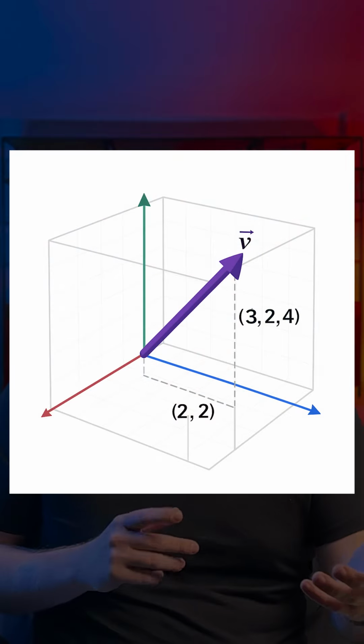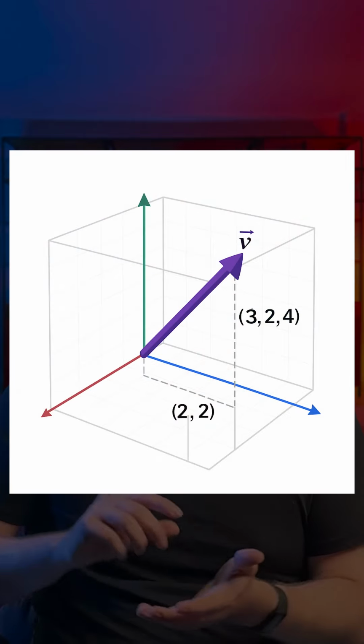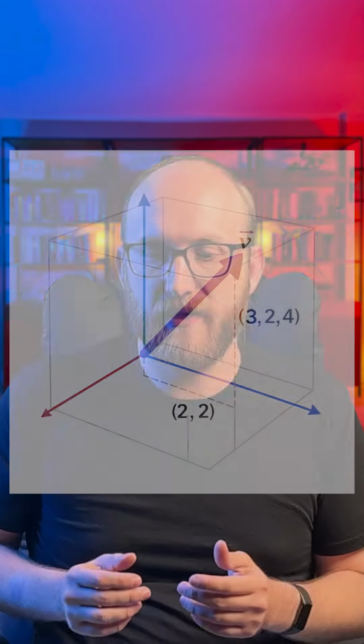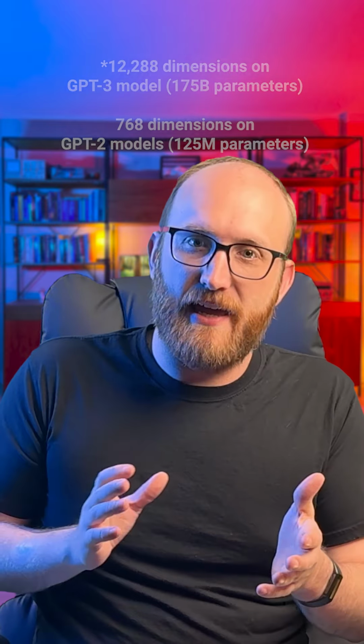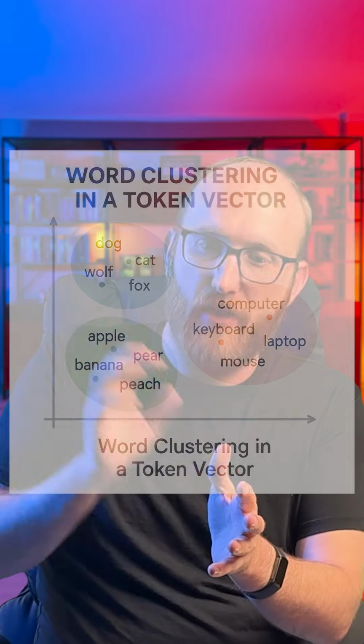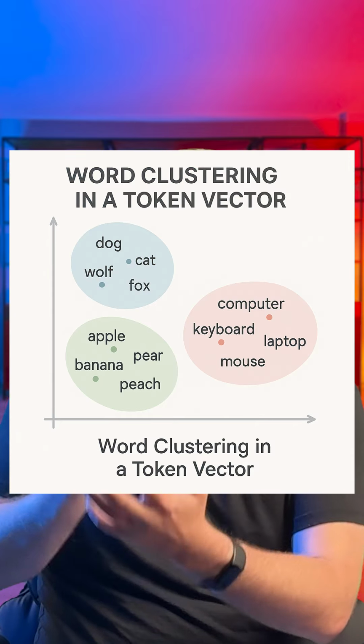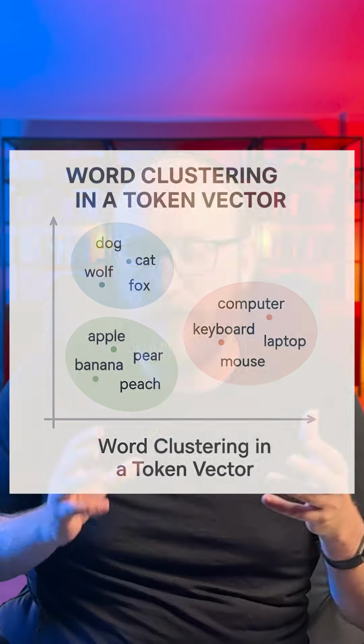Now, one data structure that can represent meaning a little better is a vector, just like you would deal with in physics, where you have 3 dimensions to represent a location in physical space. We instead use hyperdimensional space, often with 12,000 or more dimensions. And in that space, if we map a token into that space, other tokens that appear in similar contexts will be clustered close together. And so that way we can have a system that actually kind of conveys meaning and relationships